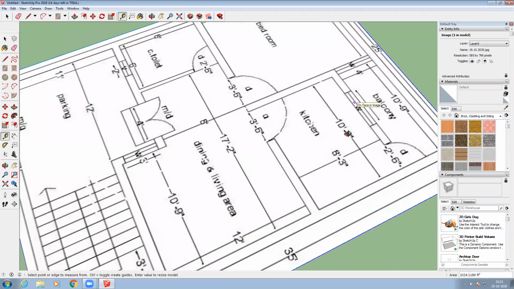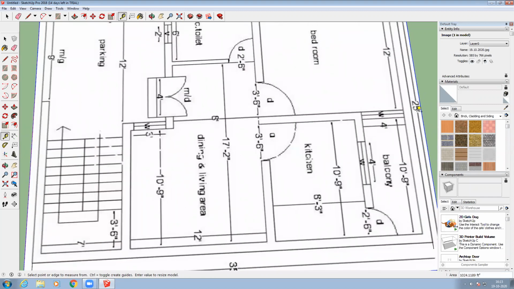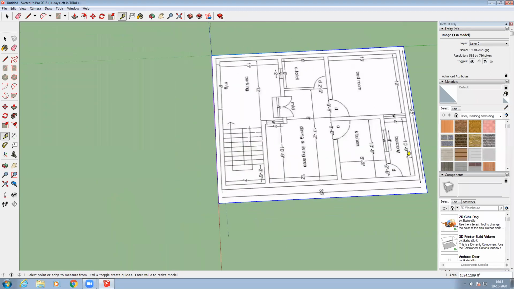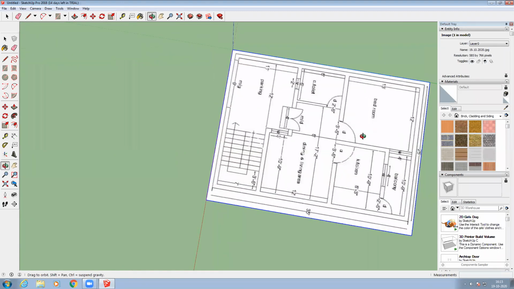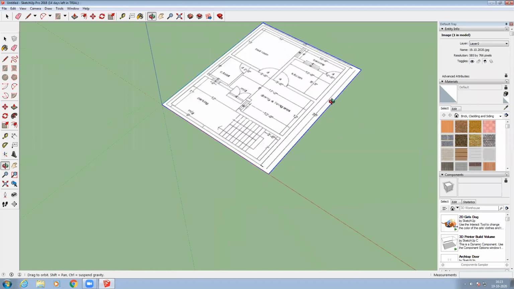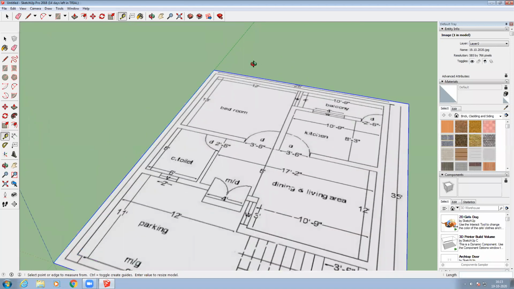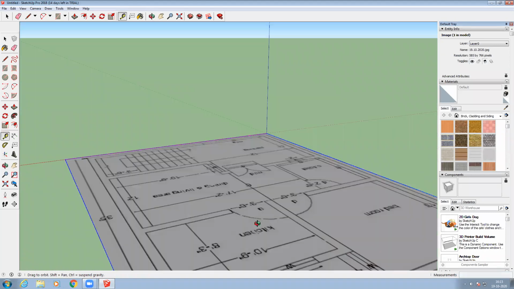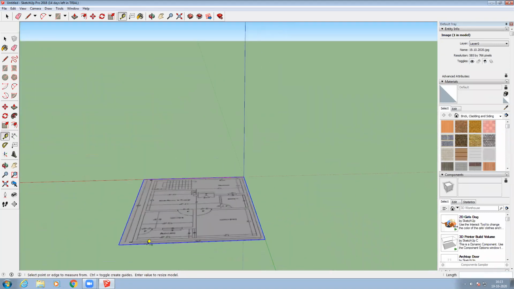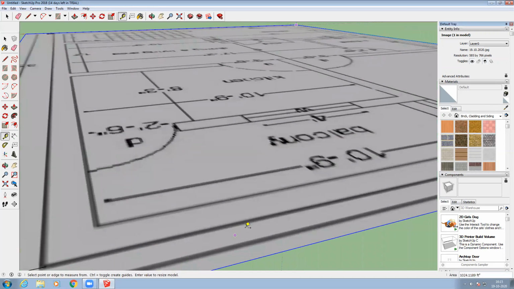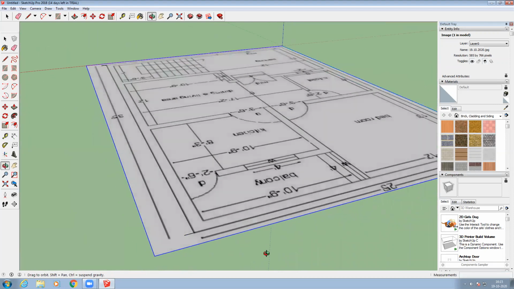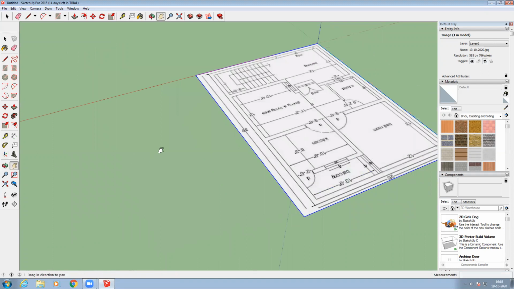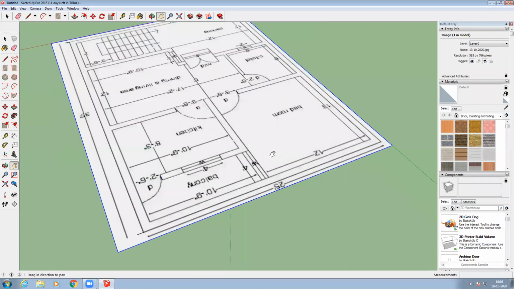I want to check whether this dimension, whatever is provided, which they are showing as 25 feet, is exactly 25 feet. I want to check it, right? So now what I'm going to do is take this measuring tool over there. I just want to rotate this first. So I'm going to take the measuring tool over here in this area, right? I just want to check whether it is 25 feet or not, right?